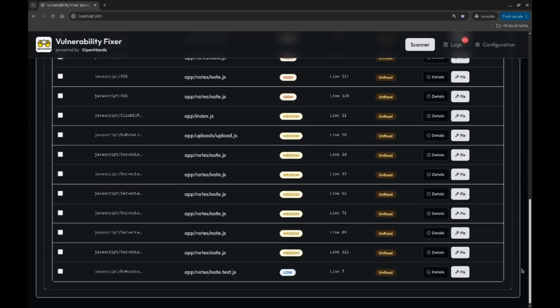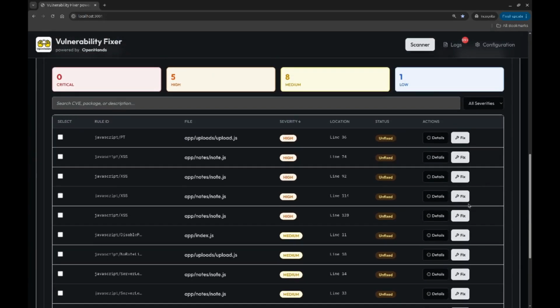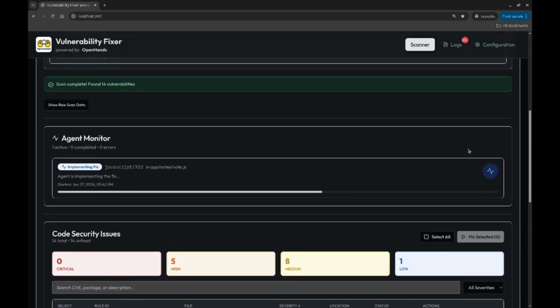I'll fix this JavaScript XSS vulnerability that was found in the Node.js file. Now you can see the vulnerability is getting fixed. At this point, the OpenHands agent is analyzing the vulnerability and coming up with a resolution for which a PR